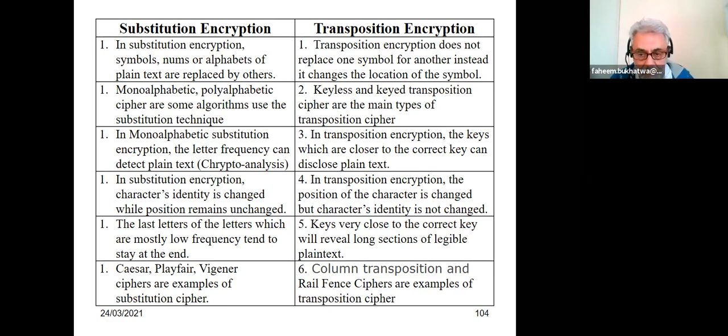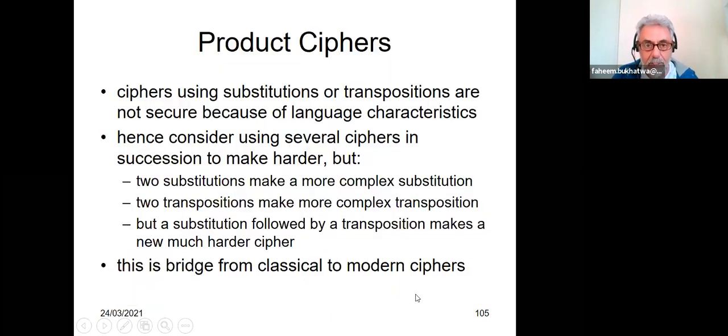Examples of the transposition ciphers are column transposition, row transposition, and rail fence, that's the diagonal transposition cipher. These are just some of the examples used. The newer systems are systems that use a product cipher, they call them. That's a mixture of both